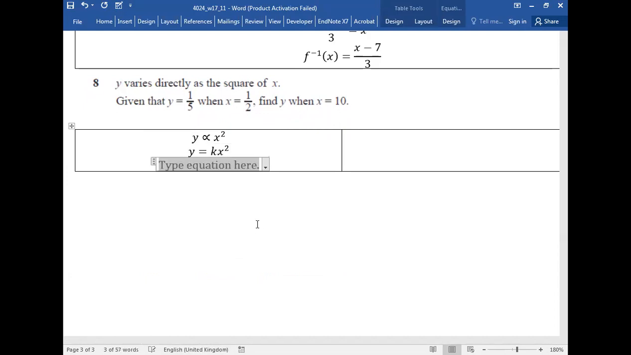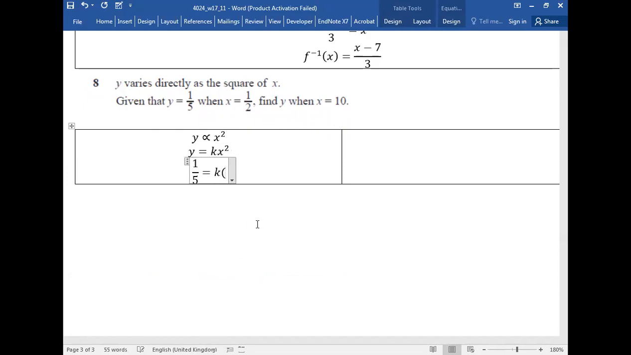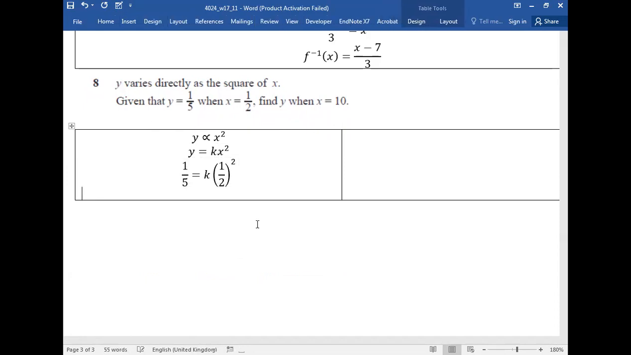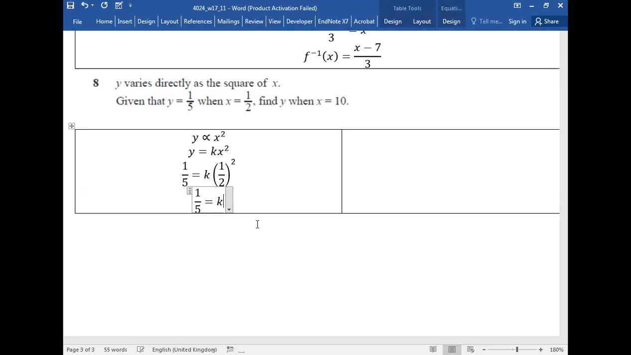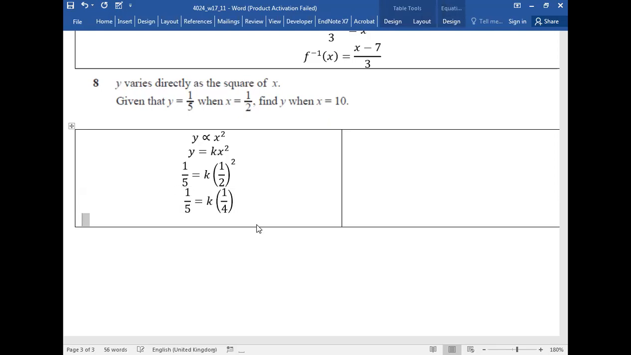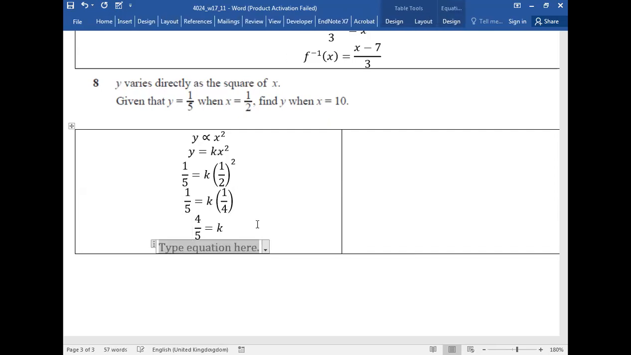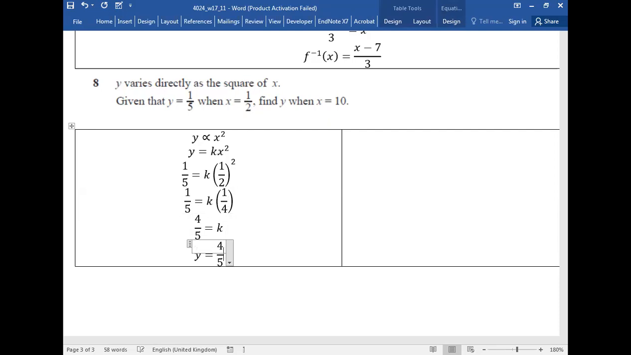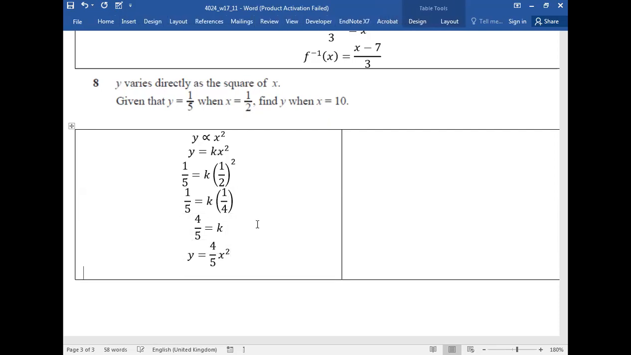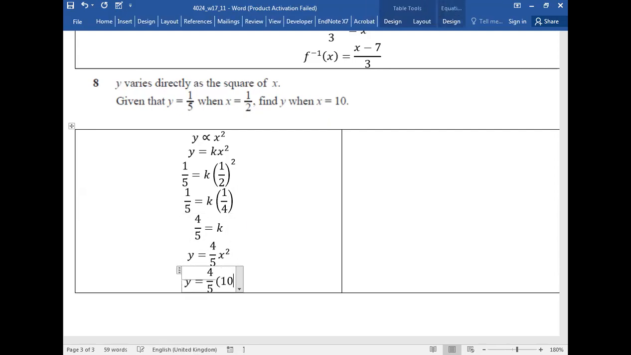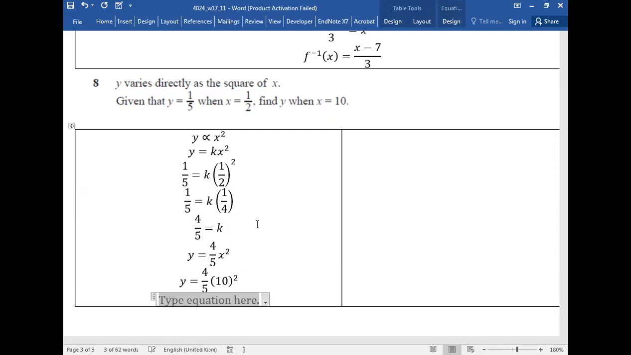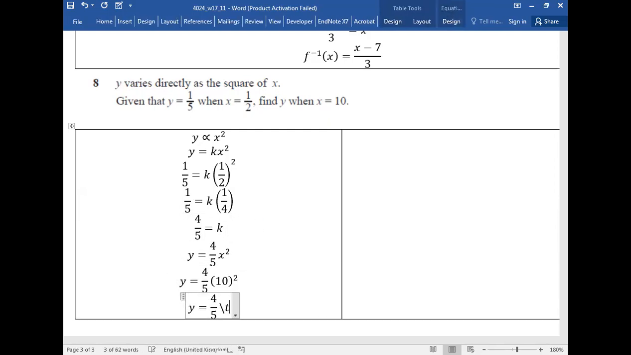So the question said when y is 1 over 5, x is 1 over 2. So 1 over 5 is k into 1 over 4. 4 यहाँ का multiply हुआ, 4 over 5 is k. So y is equals to 4 over 5 x squared. This is a formula that relates an equation that relates y with x. Now the question is asking you y when x is 10. 10 का square is 100, 4 over 5 into 100, पहले 5 और 100 से